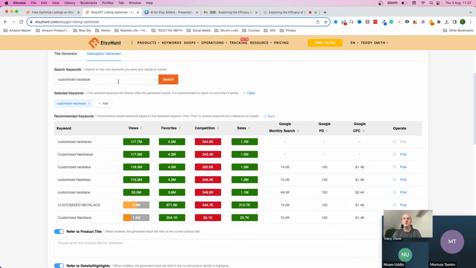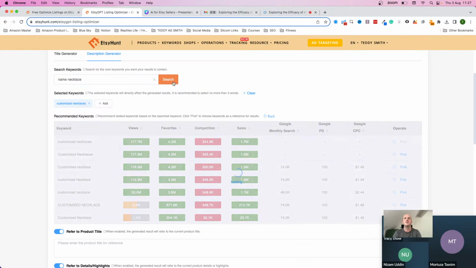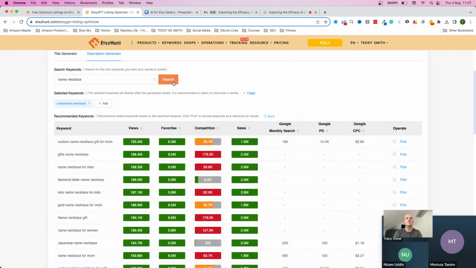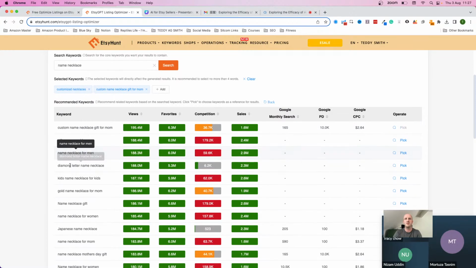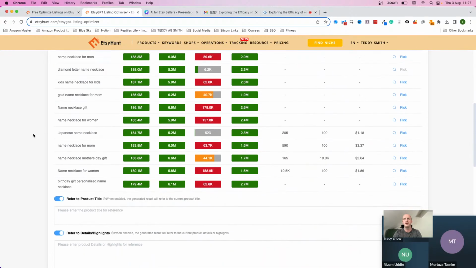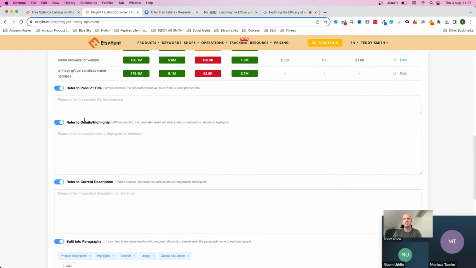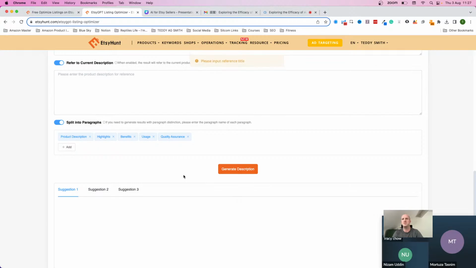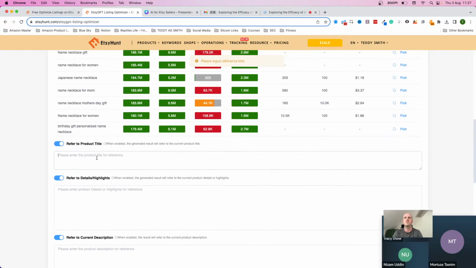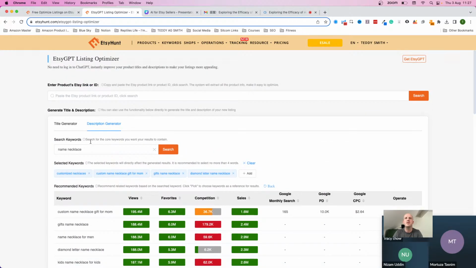If I pick that one, let me name necklace. Let's have a look. Custom name necklace for mum, so put that one in there. Gifts name necklace, and then we'll do diamond name necklace. So we'll put these ones in here, and then what we can do is we can refer to the product title, and then what we'll do is we'll generate the description. So reference title is